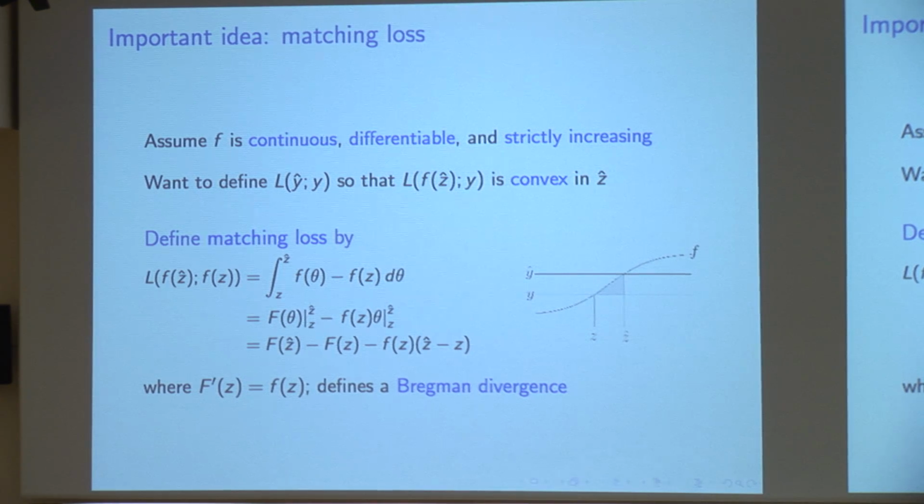So here's the setup of what's called a matching loss, a loss that's matched to the transfer function. We're going to take our nonlinear transfer, and we assume we've already fixed it. However, the examples I showed you did satisfy some properties, and we need this transfer function to not be quite arbitrary. It has to satisfy properties. In particular, we need it to be continuous, so no sine function. We pick a continuous, differentiable, nice smooth function, and strictly increasing.